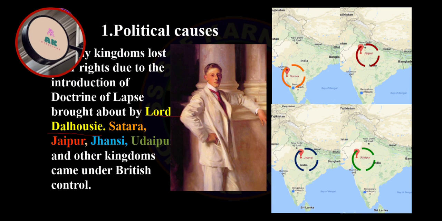Political cause. You know about Lord Dalhousie, right? He came to India and started one policy, the doctrine of lapse. What's that? The doctrine of lapse means only a king's own son has a right to rule the kingdom. Adopted sons and any other sons don't have a right to rule, and if they do so, we are not going to give a pension. So here they are using reverse strategies.